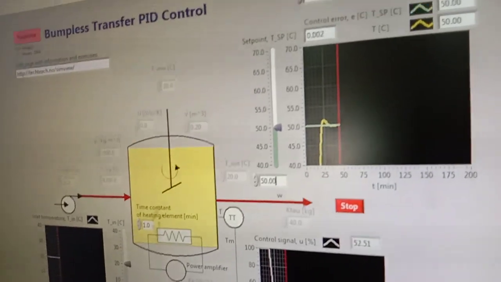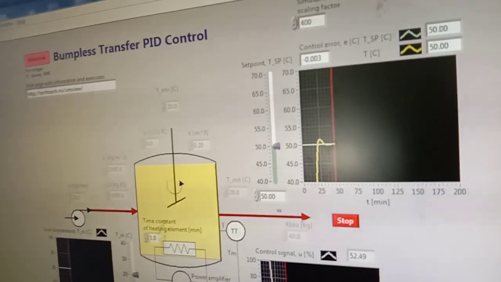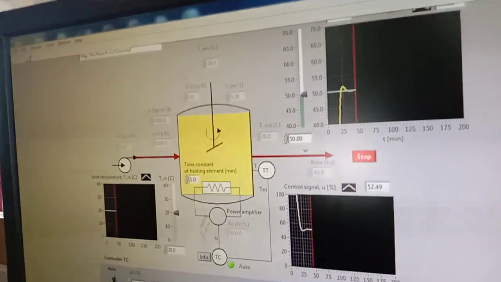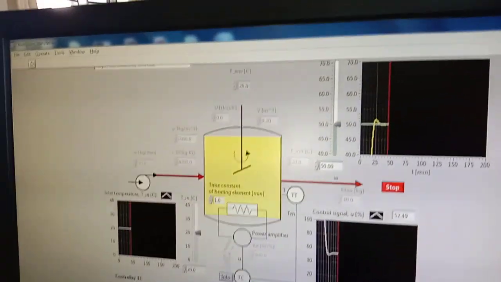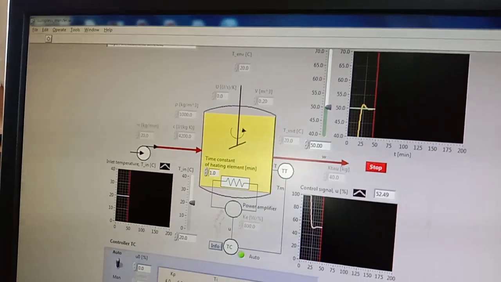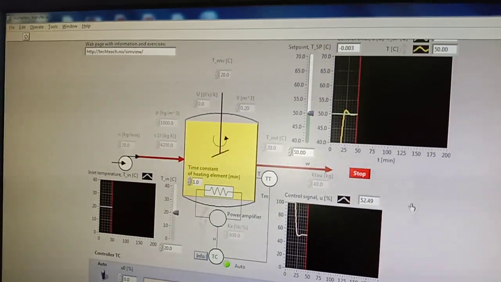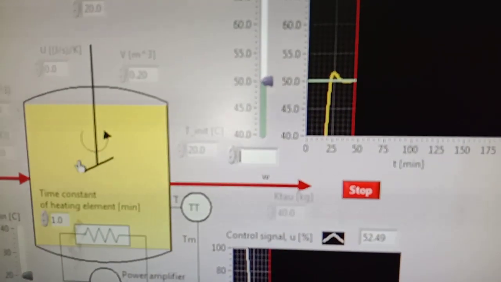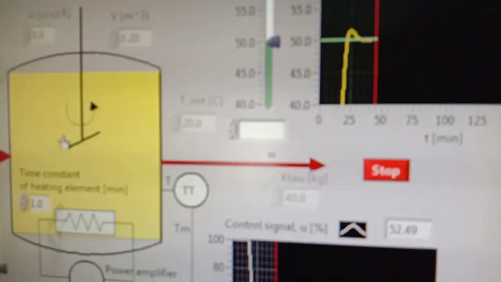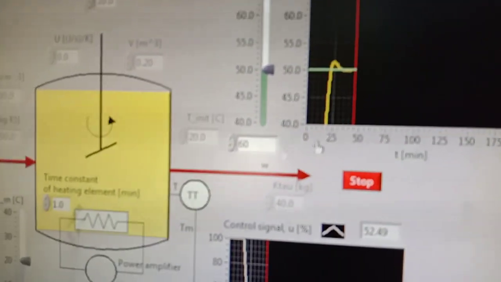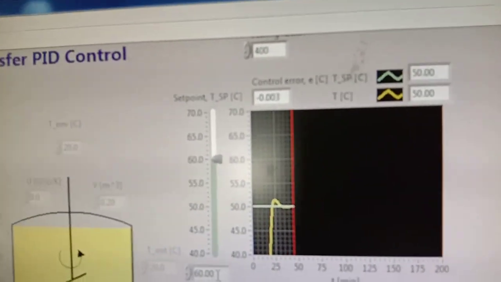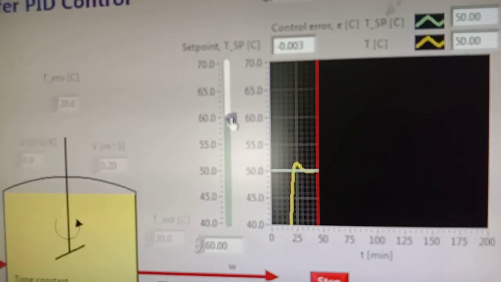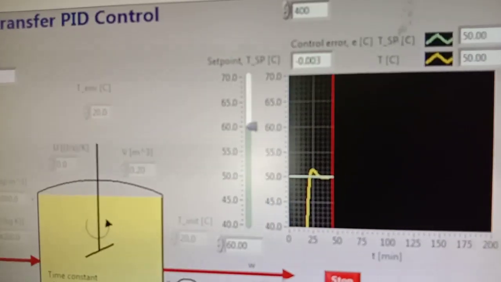So here everything has been initialized to its default values, and here we have to set a point initially. So we will take our set point as 60 degrees Celsius. So 60 degrees Celsius is our required output temperature.